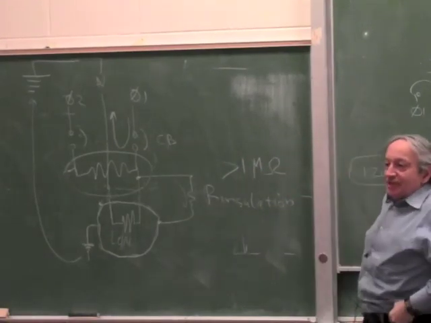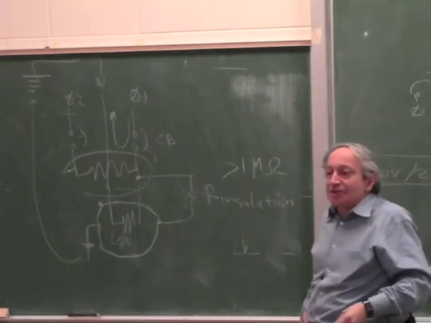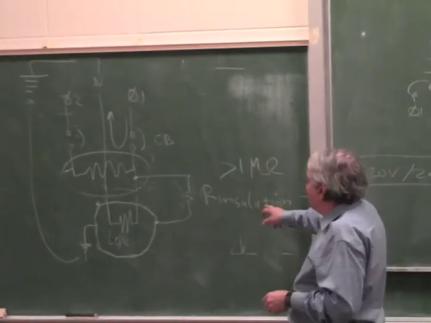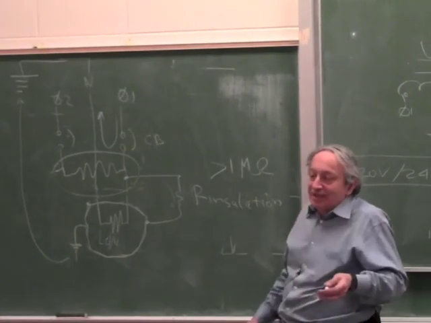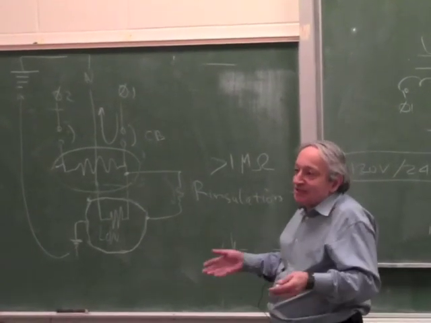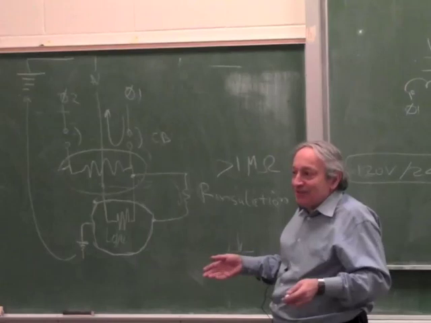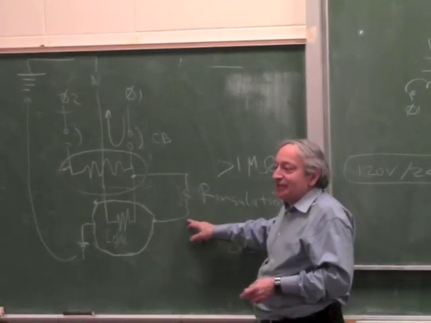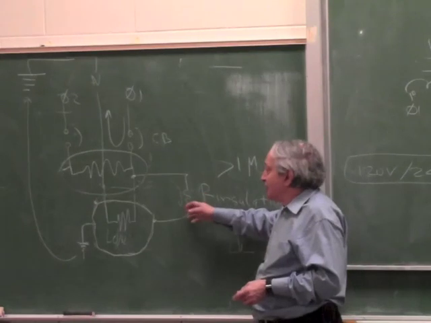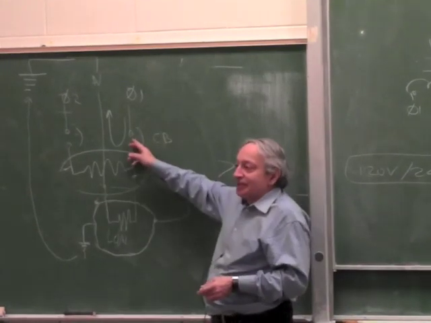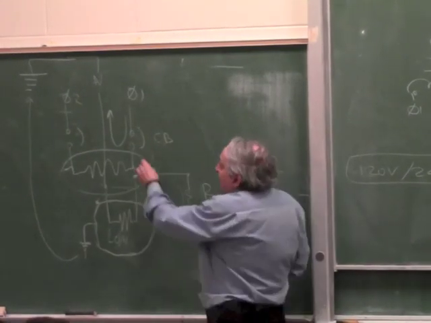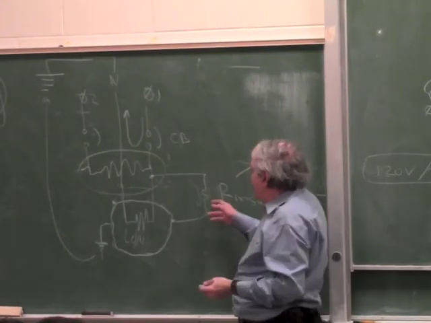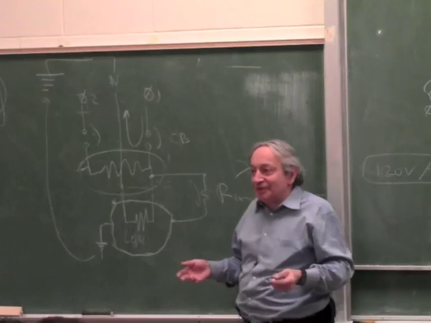Okay? So in other words, when you build a new house, they're supposed to come and take a megger, a resistance meter, and check if the insulation is good. But after that, you buy all kinds of appliances, nobody checks. Right? You can plug in an old fridge, an old drill, it can have much bigger leakage than that. The leakage has to be huge to blow the breaker, because this breaker is rated 15 amp minimum. So you can have a leakage here of amps and you will never know if you have bad